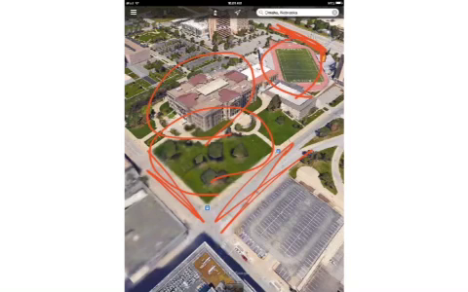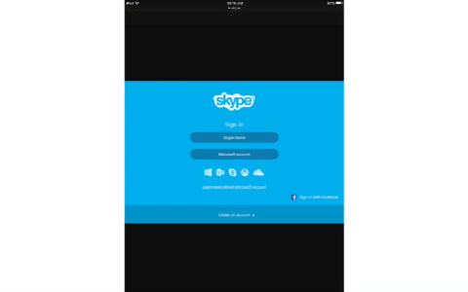So pretty cool app. You can virtually see in three-dimensional, from satellite view, what areas of the town look like. So if you happen to want to go overseas and look at something, you can get a geographical location on where you're going, what streets you're going to be on, and some places you can see via satellite.